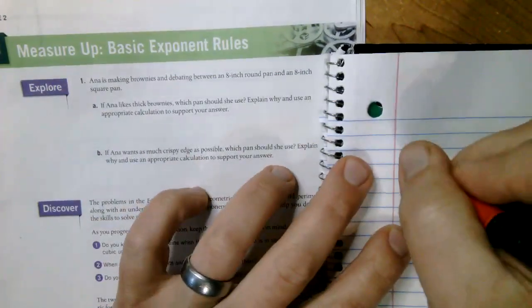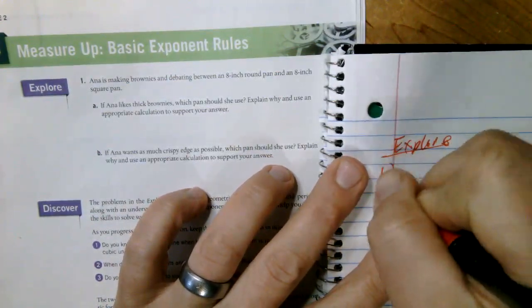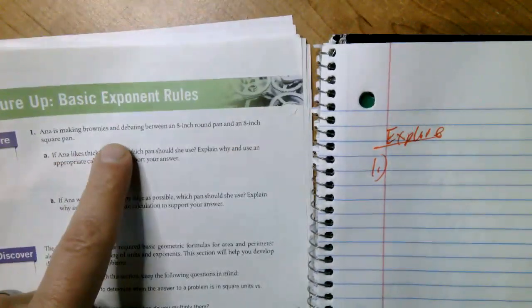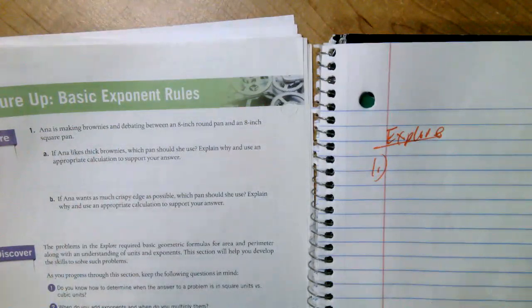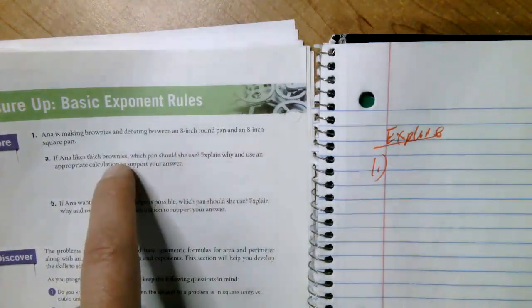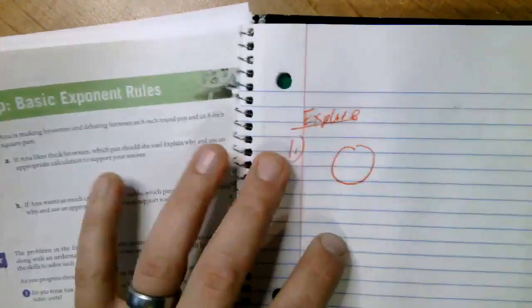But think about what we are talking about here. She's making brownies, so she throws the brownie mix in and the milk and the eggs and flour, whatever she's using, and mixes it all up into a giant batter in a bowl. Then she's going to take the mixture that's ready to bake and pour it into a pan. The question is, should she pour it into an 8-inch round pan or an 8-inch square pan? So we have something that is either a round pan